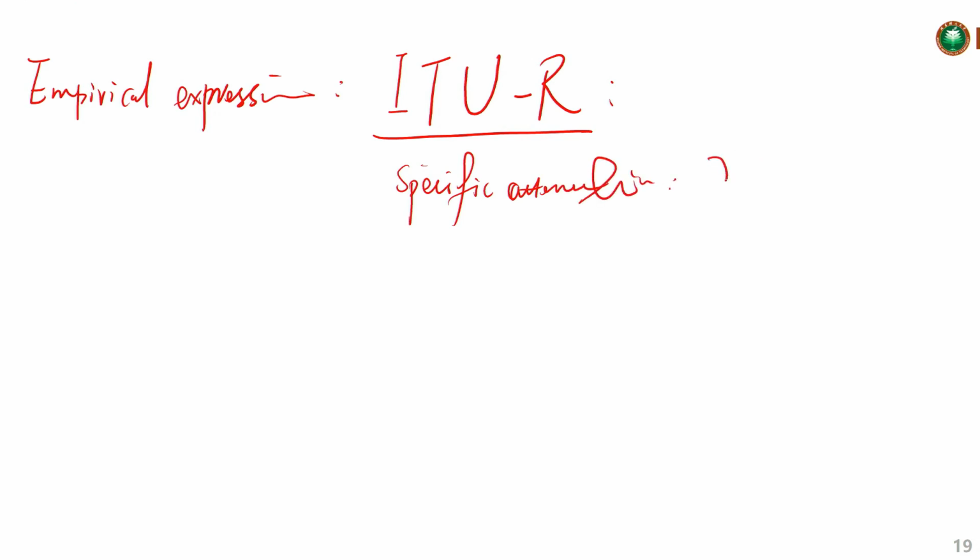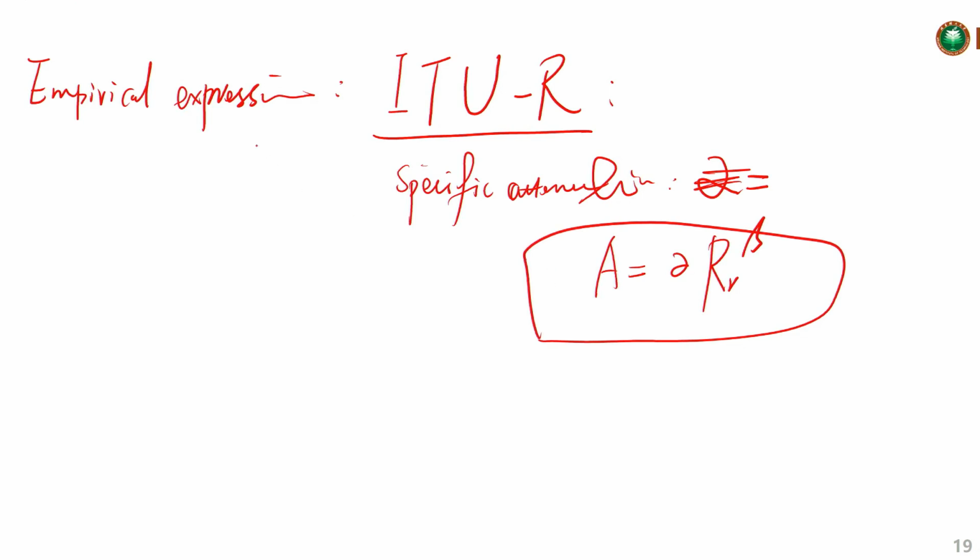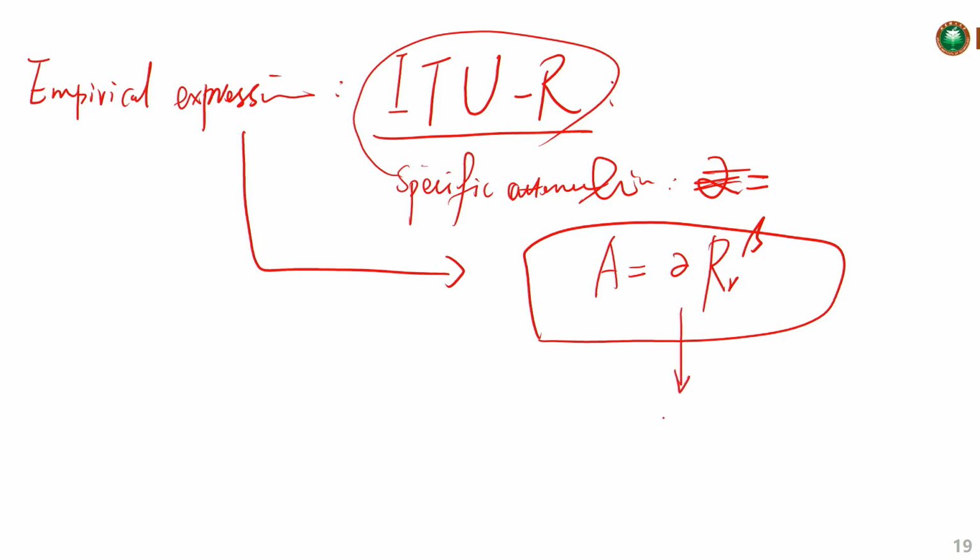So we can write attenuation A equals alpha times R to the power beta, alright? This form is an empirical expression, and when you Google that, using the ITU-R models, you can get many expressions related to the frequency, the slant angle, for example elevation angle, and also the distance and